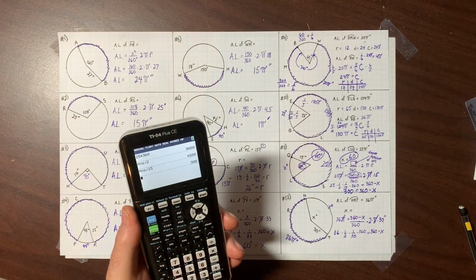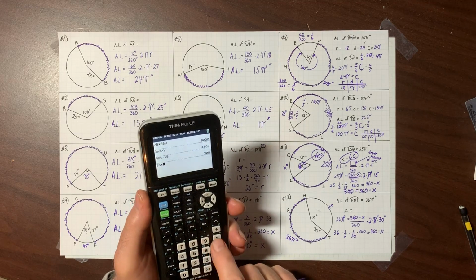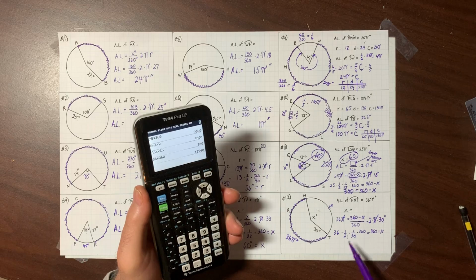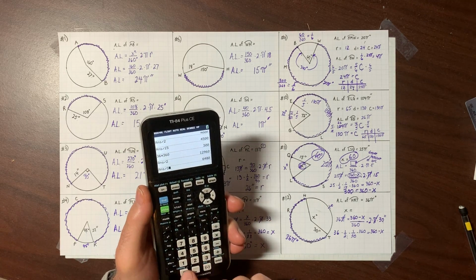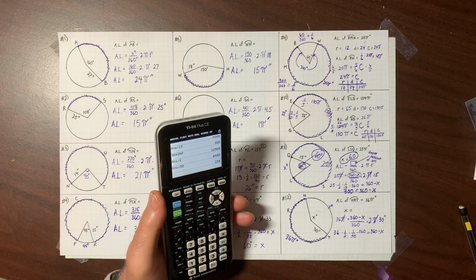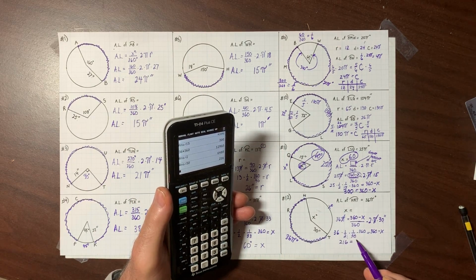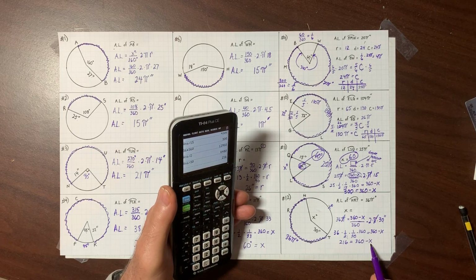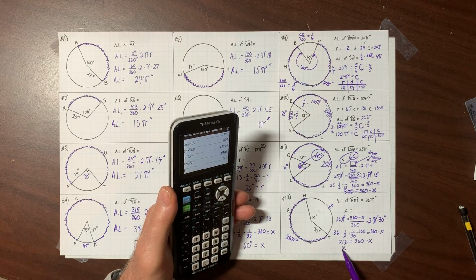Going to the calculator now. I'm doing 36 times 360. Enter. Divided by 2. Enter. Divided by 30. Enter. And I'm coming up with 216 is equal to 360 minus x. Now what I'll do is I'll just switch places here between this x and this 216. X would have to equal